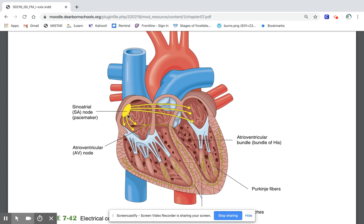Now, you have pathways to both of the atria, because the atria are going to try to contract together. So it's got branches that go off over to this atrium, and then it also sends all of these branches down to what's called the atrioventricular node, the AV node. It gets its name atrioventricular because it is in between the atrium and the ventricle. So you have this little hub of conductive cells, and that's going to send the impulse through what is called the bundle of His,